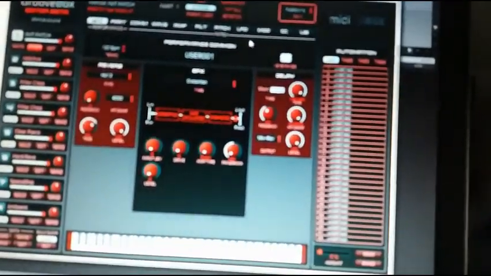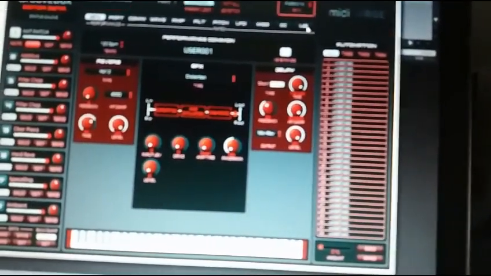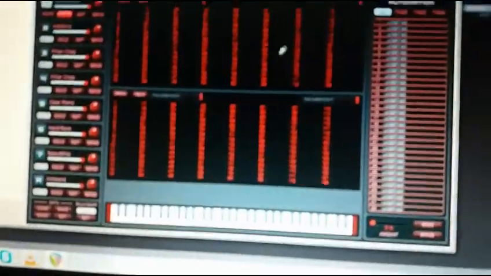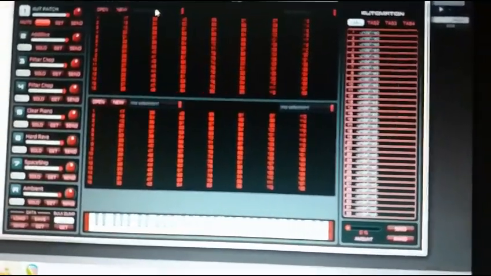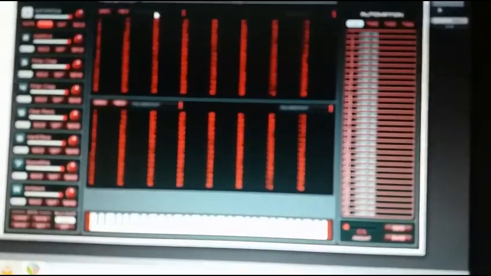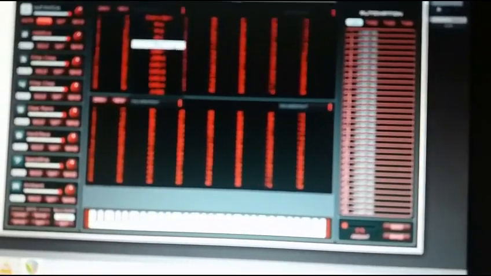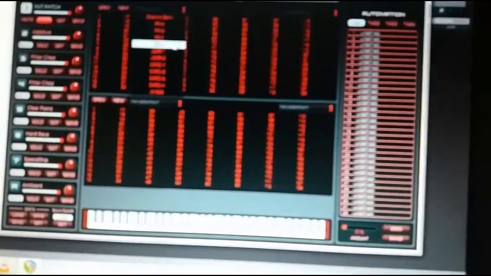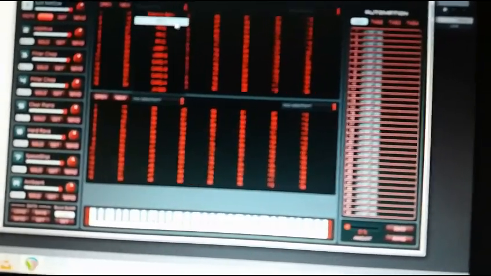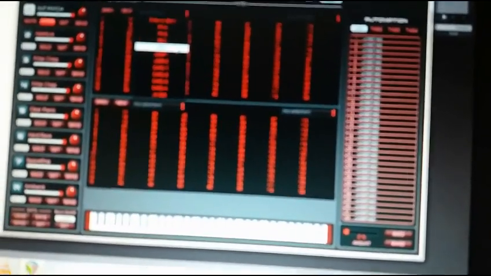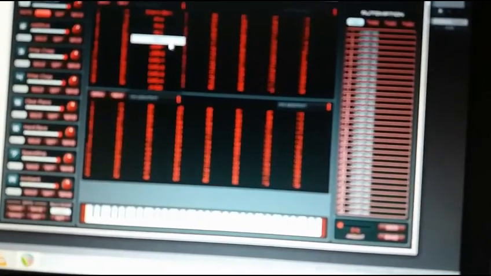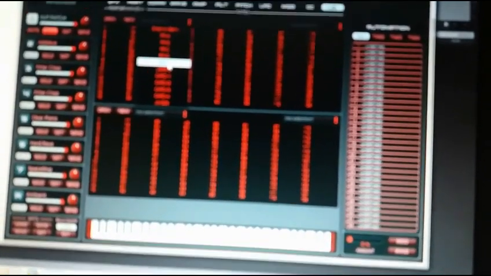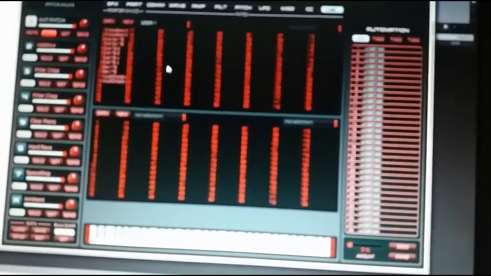The other thing that is missing is when you go to library, you have two library windows, which is great. In fact, that's for the patches. When you go to the selection, you see the four default banks from the D2. They're all there. There is also a user bank, but when I press the user bank,